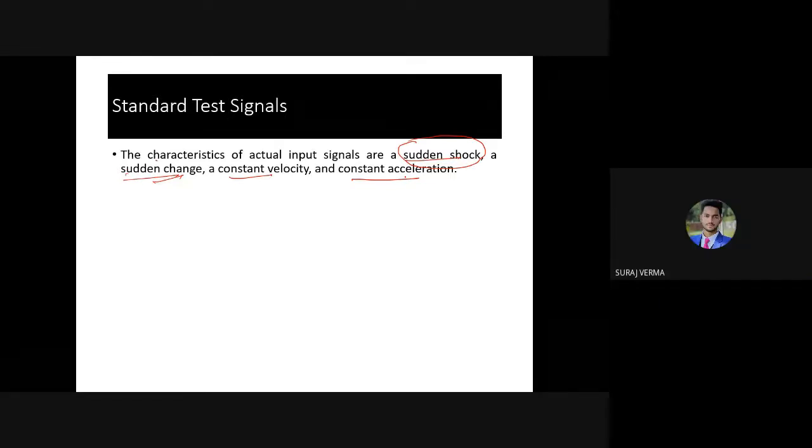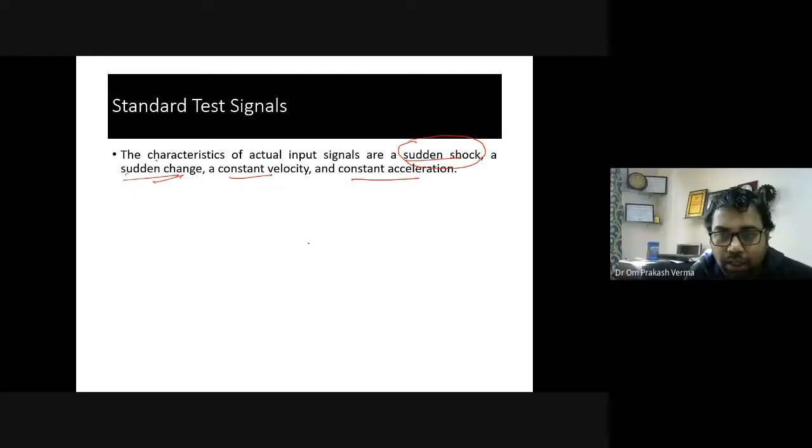Impulse response. For example, sir, suddenly increasing a flow rate, setting it to its maximum value. You are right. Sudden shock means impulse response. Suppose you have to provide a sudden shock in the system, meaning you have to provide flow. Suddenly you pour water inside the tank at a very large volume, a lot of volume in a very short time. That behaves like a sudden shock.